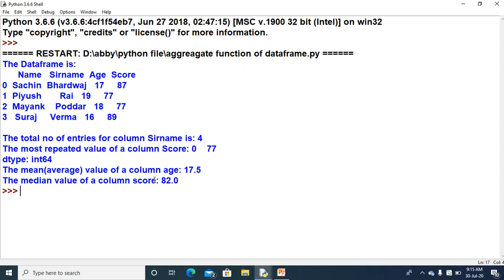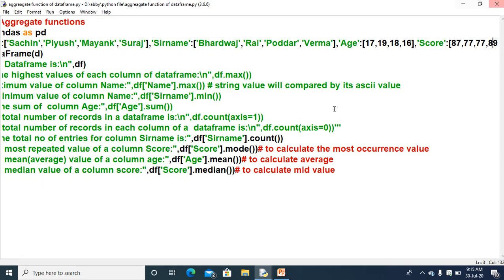In the question, you may not have to write the function for how to find the median value. Maybe it will come, but it is very simple. But most of the time the question may be what will be the median value for the column score. If you do not know how to find the median, it is very difficult to answer. So the median, mean and mode are mathematical functions that you should know how to calculate.